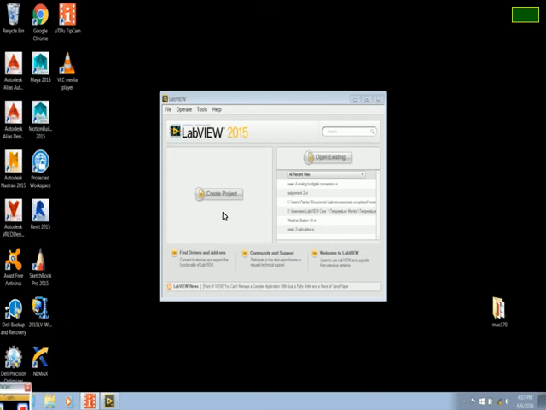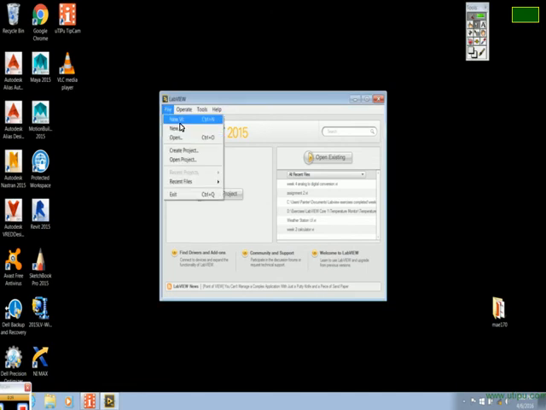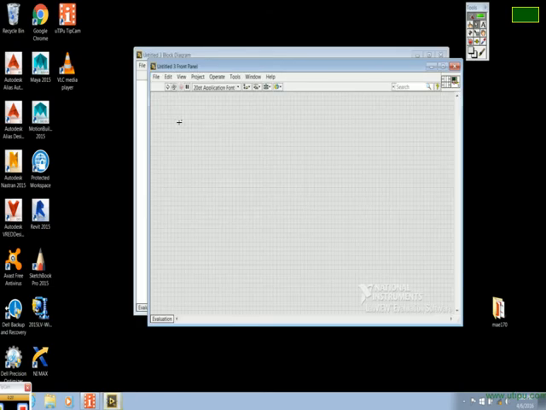Hey guys, I'm here to teach you how to use LabVIEW for assignment 2 of week 3. When you open up LabVIEW, you should get a screen that looks like this. You're going to want to open the existing file, but for this exercise, I'm just going to do a blank exercise. Go into New VI,